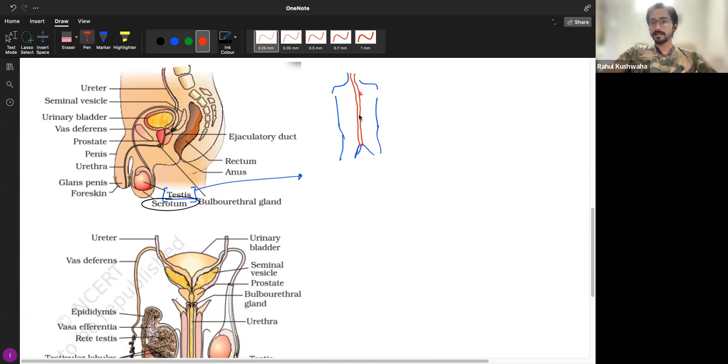Now this is called the gut. Now between the gut and the body wall, the abdomen wall, all our organs lie here. So your liver is somewhere here, your lungs are here, your heart is here, your pancreas, then you have kidneys, right? Everything lies in the body cavity between the gut and the body wall. Is it clear?